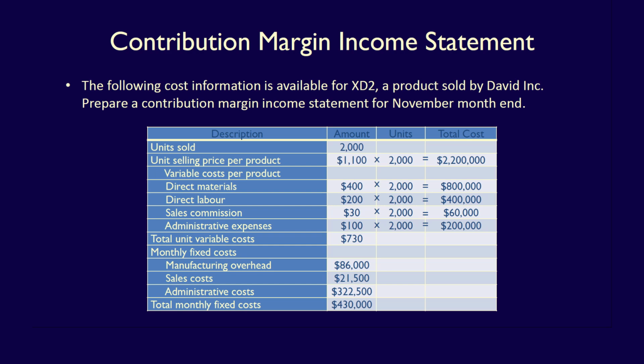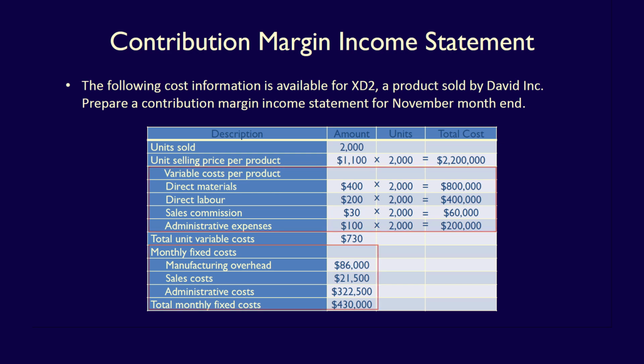Let's go back to the base information from David Inc. We're now going to use the same information and prepare a contribution margin income statement. Remember, this is also called a CVP income statement. The contribution margin income statement groups costs into variable and fixed costs. This is in order to calculate contribution margin. The variable and fixed costs are already separated in this example, so we'll jump directly to the